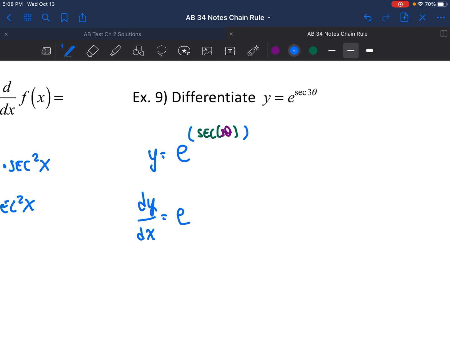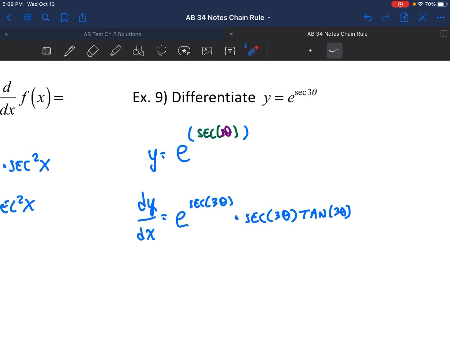So we've got e to the secant of 3 theta multiplied by the derivative of secant. The derivative of secant, we remember, is secant tangent. So we're going to have multiplied by secant 3 theta, keep the interior the same, tangent 3 theta,